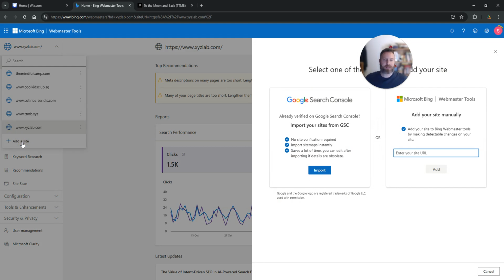Now, once you click on add a site, there are two ways to do this. Option number 1 is to simply import your Wix website from Google Search Console, assuming you have a Google Search Console. And option number 2 is to add your site manually. We are going to go through both options, and we're going to start with the manual option, which is the